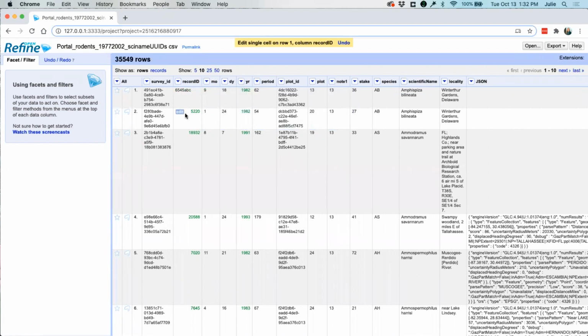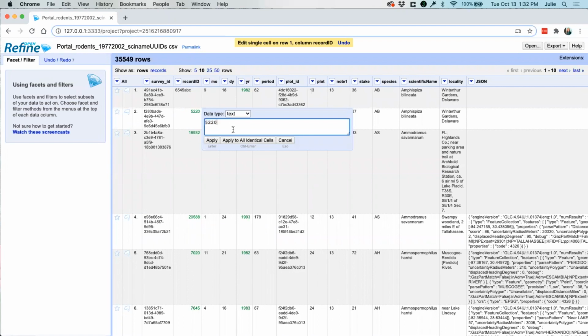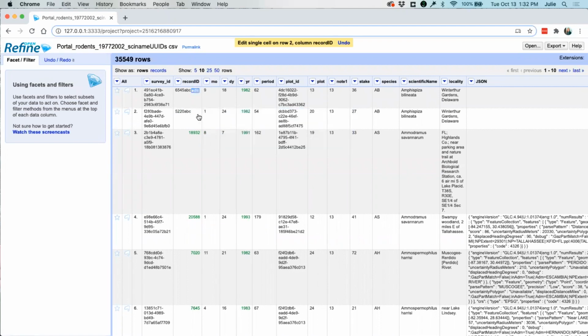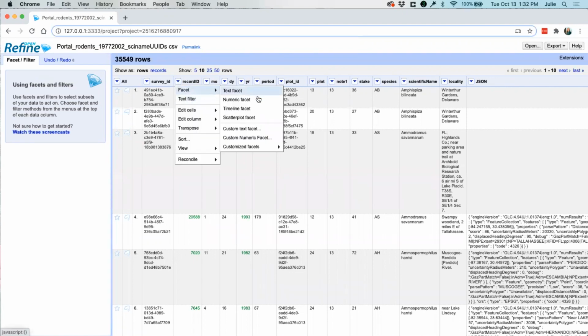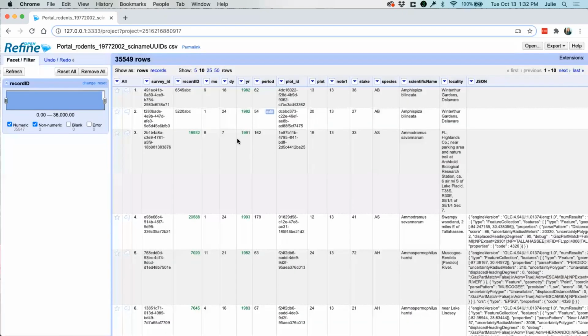We'll apply, and then again, you can see that we'll do this to the next row as well. You can see that it is no longer really a number because it is now justified differently and it's black. So if we were to come down and do a facet, a numeric facet here,